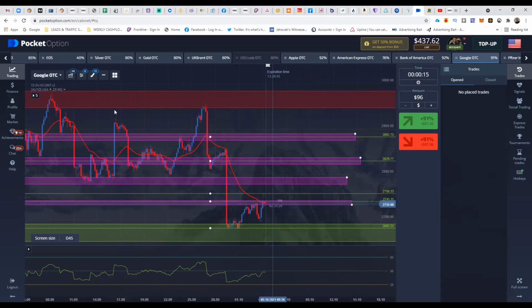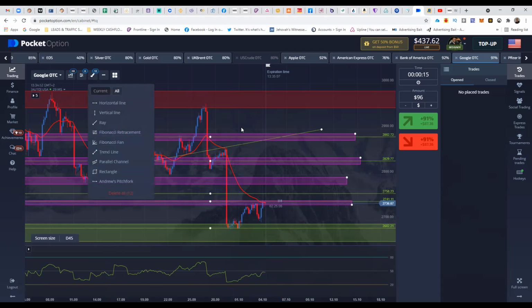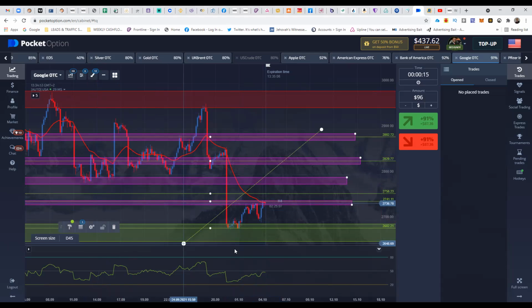So then at this point, we see that it is pushing up. We see a lower high, and we see a higher high forming. So then it's safe to say that price is trending up at this point. So that's where I'm going to take a trend line and put that there. Now,